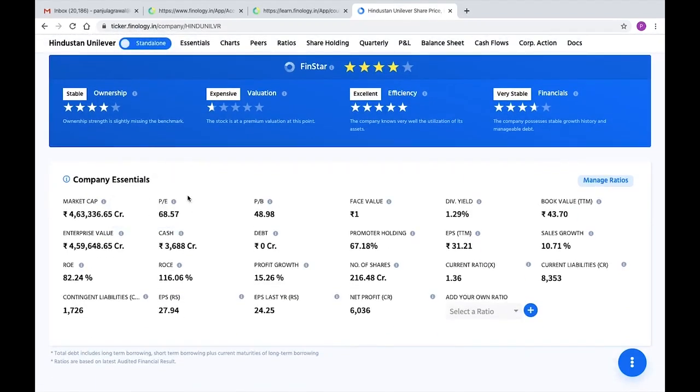Let us start with the PE ratio. PE stands for price to earnings ratio. To understand this, we will have to understand what is earnings per share. Now consider this. There is a shop earning 100 rupees every year. That is, the net profit of the shop is rupees 100. The net profit, right? And it is run by four partners having equal share. So the number of shares of that shop will be 4.